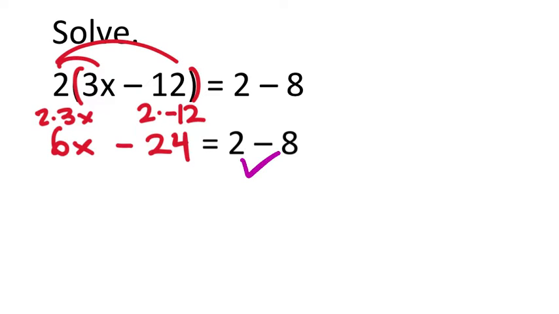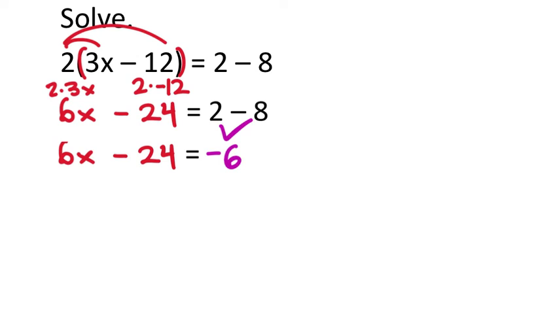And we do have this like terms to combine, the 2 minus 8, but you can put it in the calculator to give you negative 6. Okay, so right now, our new equation looks something like this. And we have done all the distribution we can, and we have done all the combining like terms we can, which means that we are now on principles of